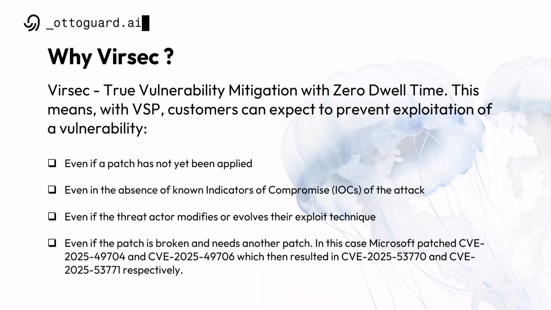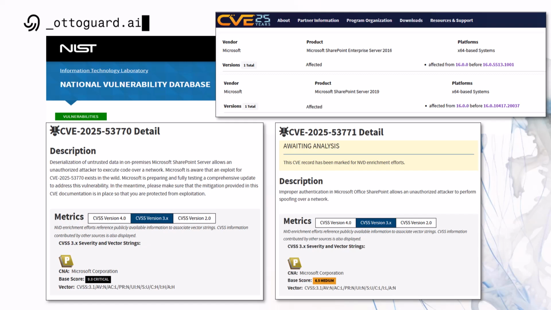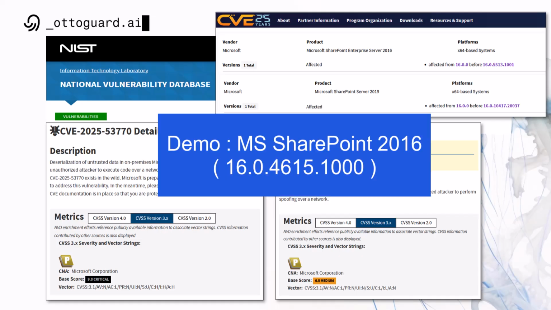In this case, Microsoft patched CVE-2025-43704 and 43706, which later resulted in 53770 and 53771 respectively. Here are the details of the latest CVE. These are the vulnerable versions that are affected by the CVE. The Toolshell attack targets vulnerable versions of Microsoft SharePoint Server. For this demo, we use SharePoint 2016 version